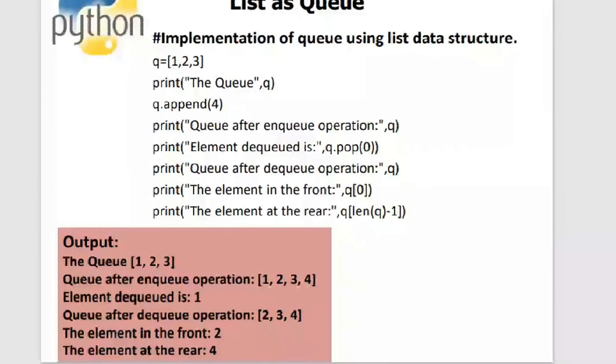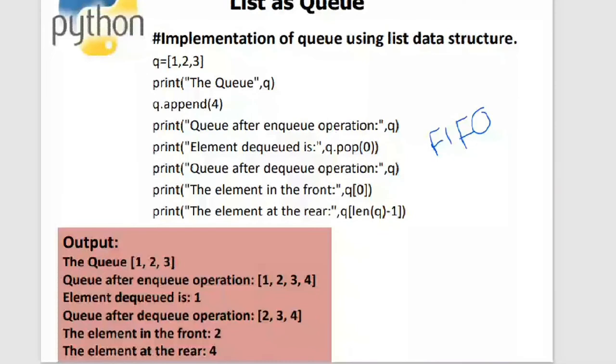What does it mean by first in, first out? Say you have gone to a milk booth. There is a queue there, right? And say you have gone to a cinema theater. In front of the ticket counter, the people will be standing in a queue. Whoever is in the front of the queue will get the services first. So the first one into the queue will get the services first. That is the strategy of the queue. So what is the principle of the queue? The principle of the queue is first in, first out, FIFO. You call this FIFO.